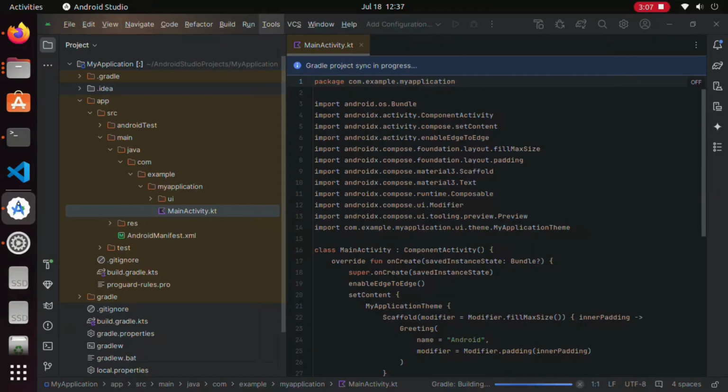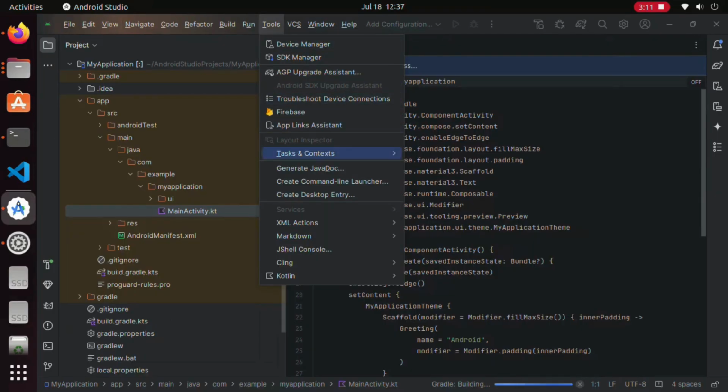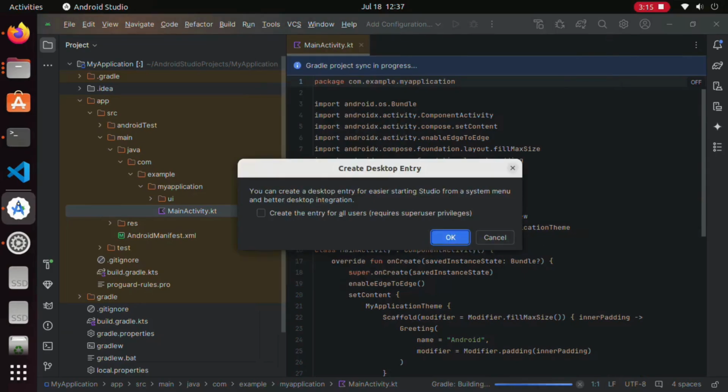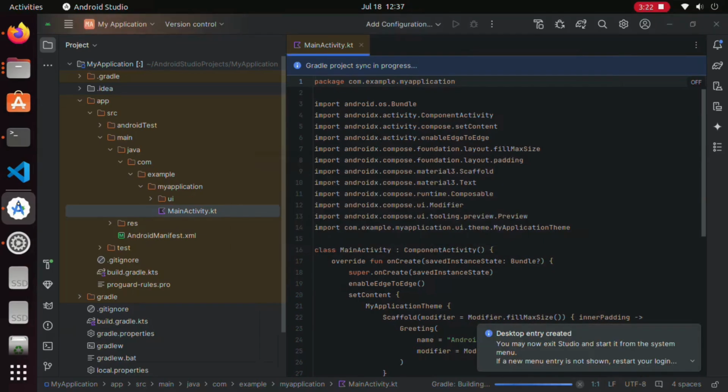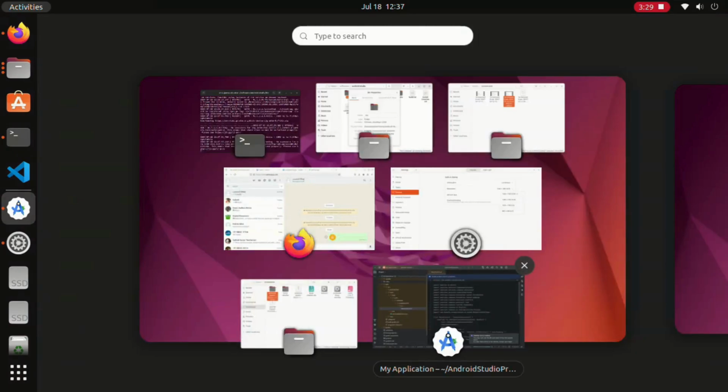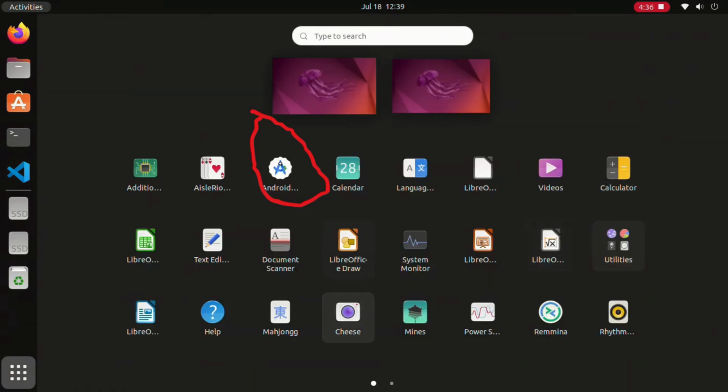Okay, so now I select the Tools, and under the Tools I select Create Desktop Entry. So you can create a desktop entry for easier starting. I give OK. Desktop entry created. Now let me close this Android Studio, and as you can see,